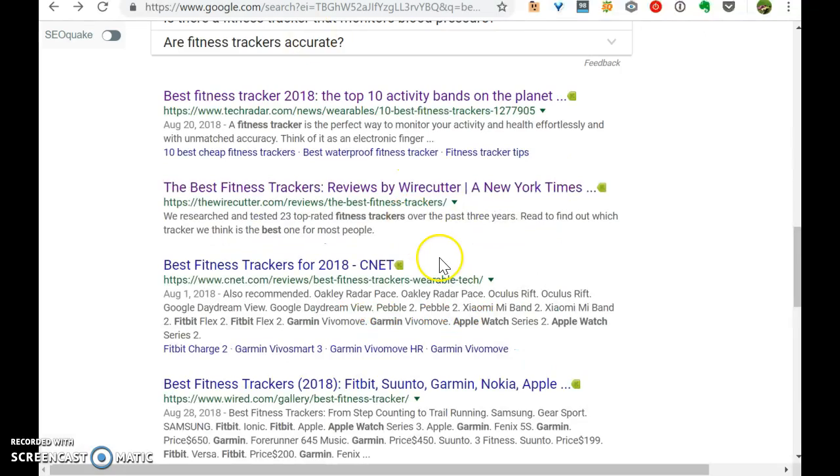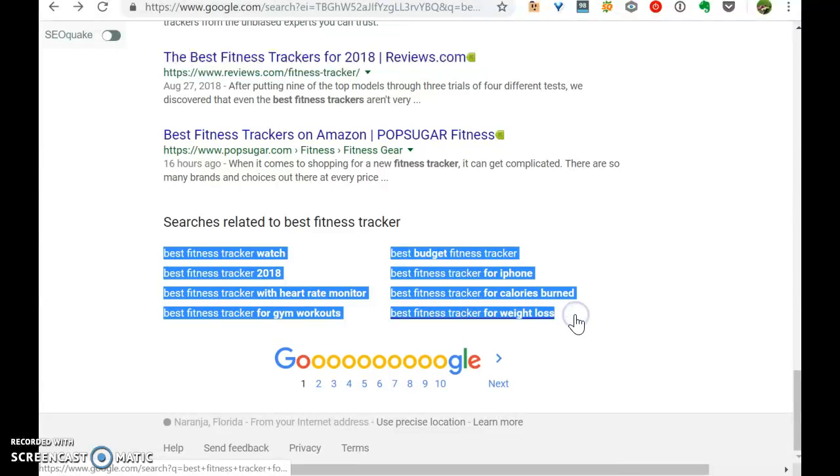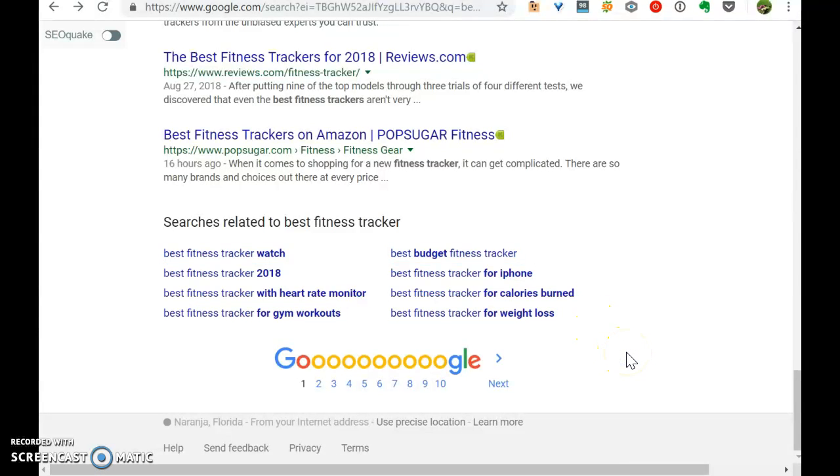You can find LSI keywords, which are basically other keywords that show up next to keywords. You can usually find some to start here, but there are other ones you can come up with, or see on other pieces of content that are ranking for it. Those are the quickest, easiest ones to find.